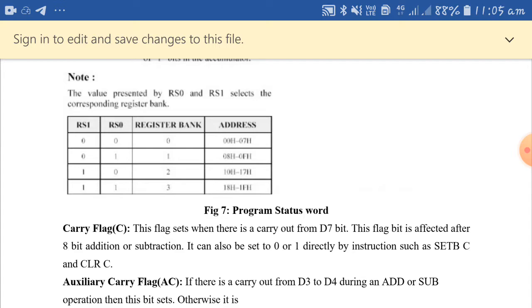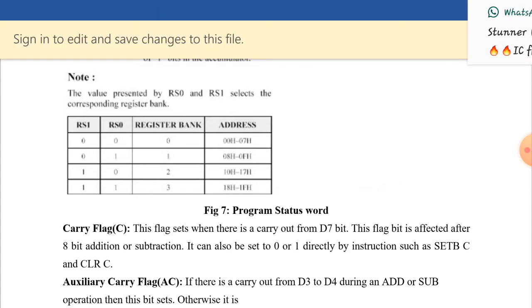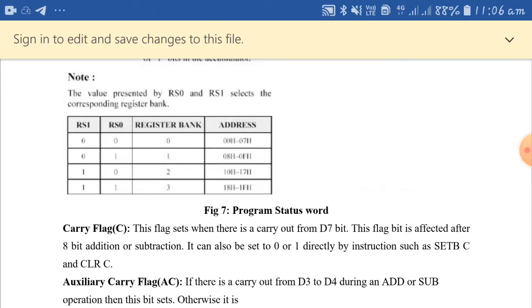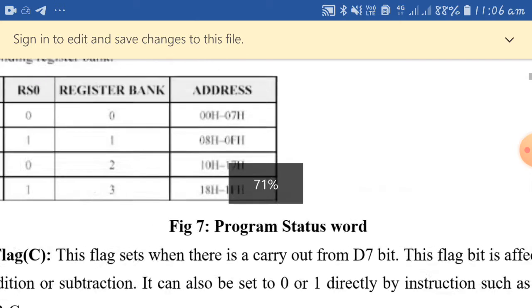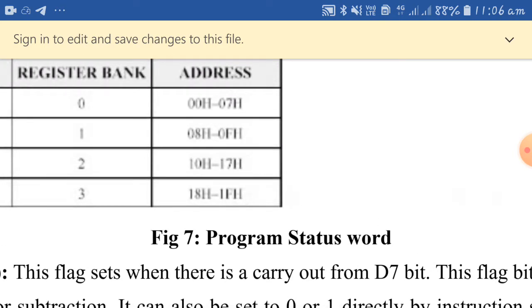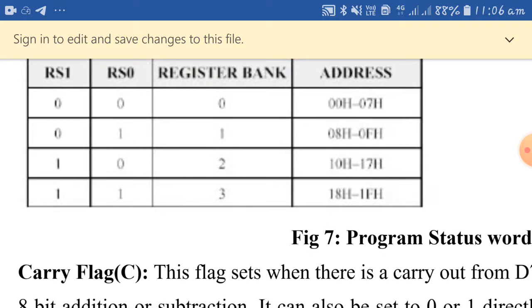How a register bank is selected by the programmer depends on the combination of bits RS1 and RS0, and the register banks have different addresses. For register bank 0 the addresses run from 00H to 07H, and the 01 combination selects register bank 1, address 08H to 0FH.